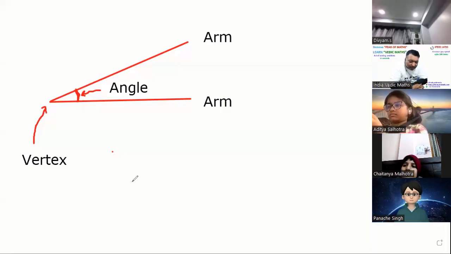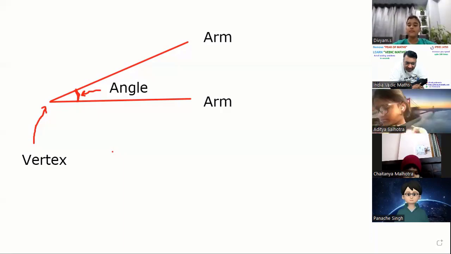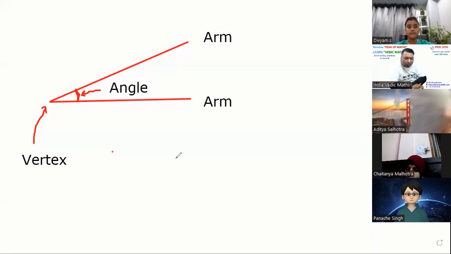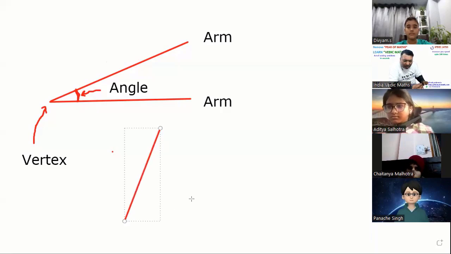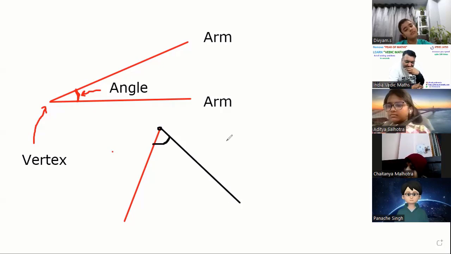Cool, everyone, what is an angle? If tomorrow somebody asks you what is an angle, an angle is formed when two lines meet. Ira, I'll explain again. When two lines meet, they form an angle. For example, Ira, this is a line I draw in red. I made one red line, I made another black line. Both the lines are meeting at one point or not? At that point, this is the common point. This is the angle formed. An angle is formed when two lines meet each other or two lines cross each other.